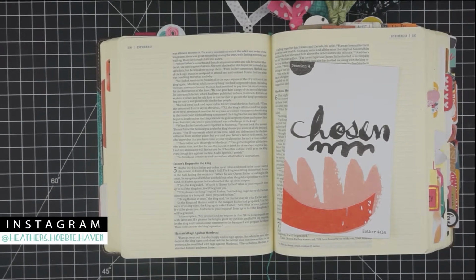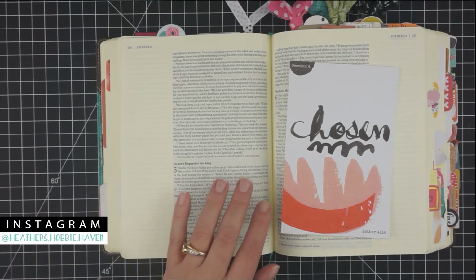Today we're going to be working on session 4 in our Illustrated Faith Only One You devotional. Our verse this time is Esther 4:14. It's about being chosen. So our verse says,